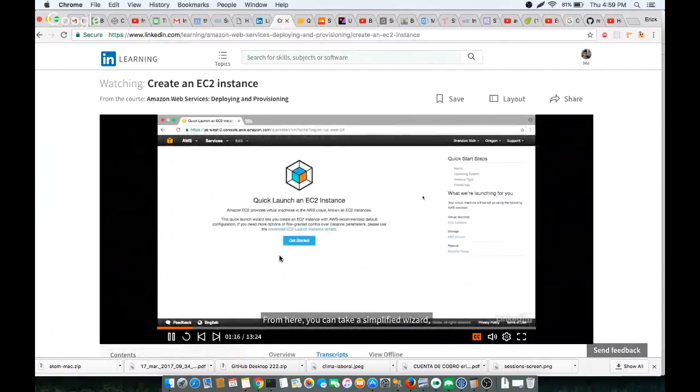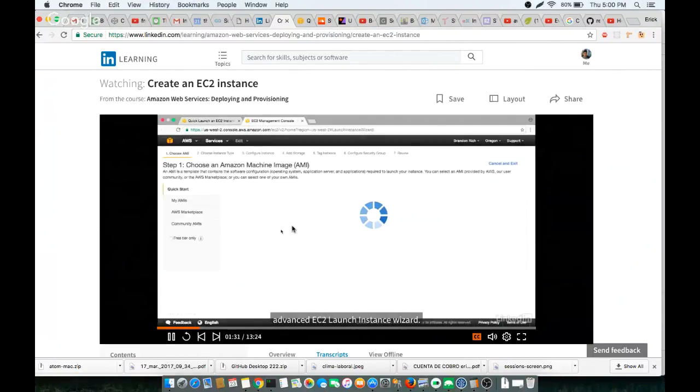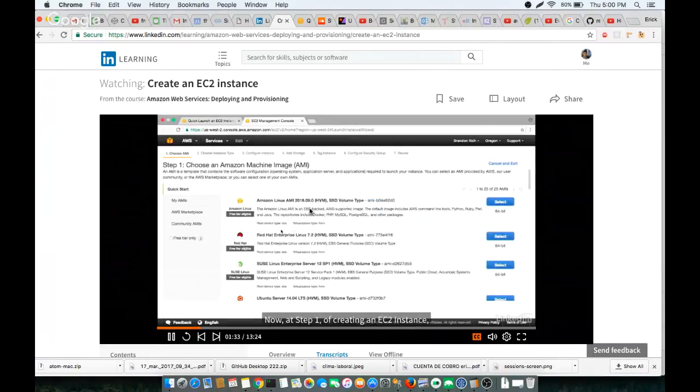From here, you can take a simplified wizard and create an ec2 instance in just a few steps. But if you want to get into the details of all the things that you can control when creating an ec2 instance, you want to click Advanced ec2 Launch Instance Wizard. Now at step 1 of creating an ec2 instance, we have to decide what type of instance we want to